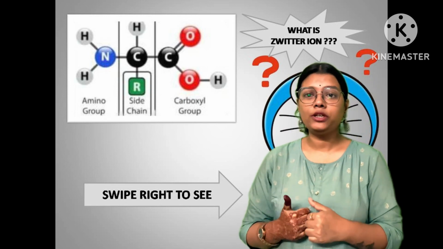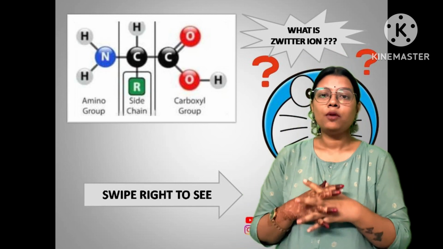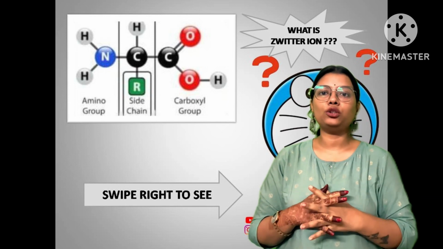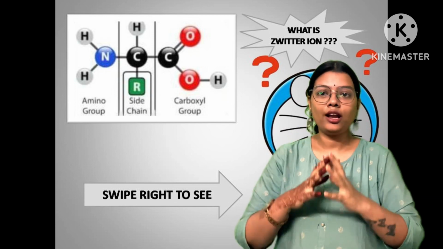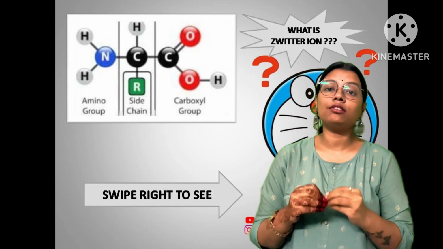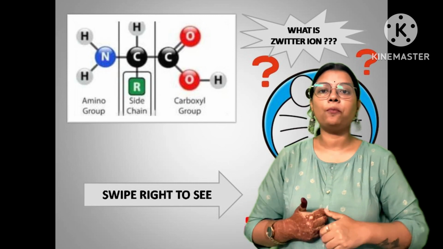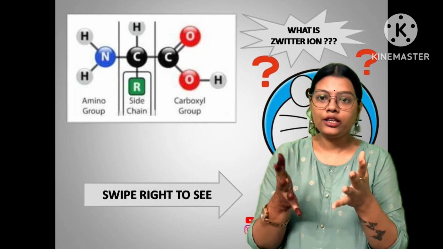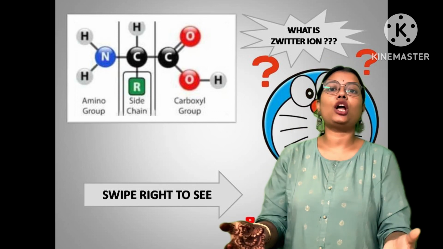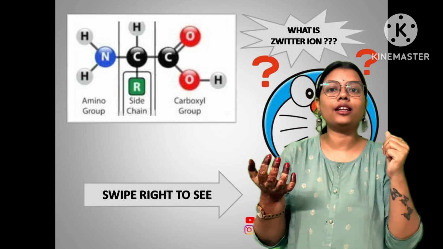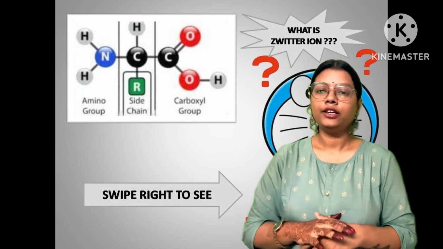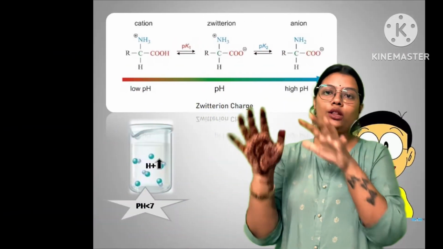This amino group is also known as a basic group. Why? Because this is a proton acceptor. Okay, and the carboxylic acid group is also known as the proton donor and it is known as an acidic group. And this amino acid can exist in 3 forms like acidic amino acid, basic amino acid or neutral amino acid. It depends upon the pH of the solution. किस solution में तुम्हारा amino acid enter कर रहा है उसके ऊपर डिपेंड करेगा its nature, acidic, basic or neutral. Okay, so we'll go through all the 3 conditions.